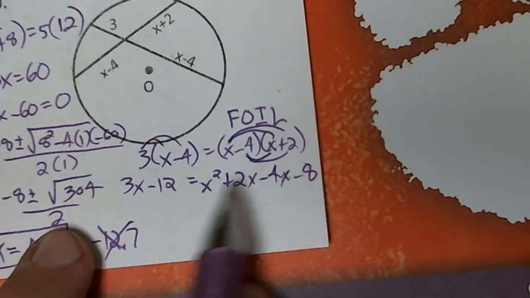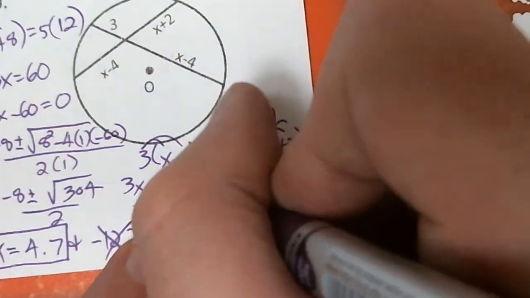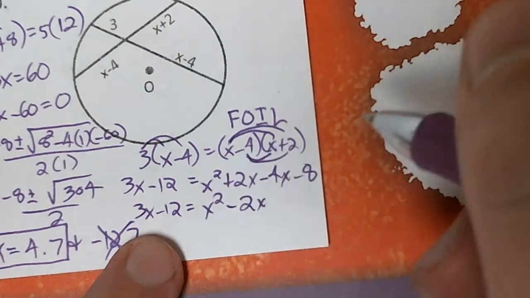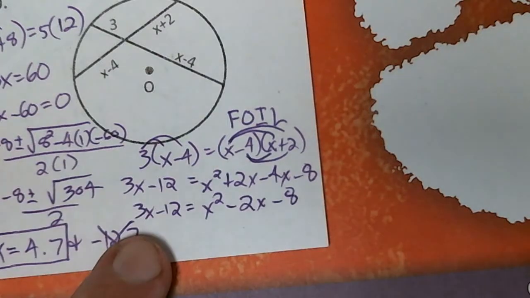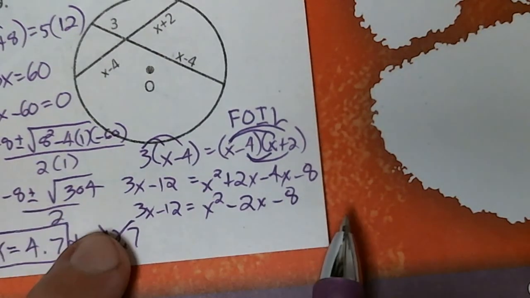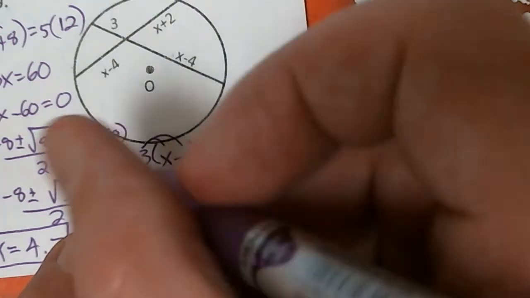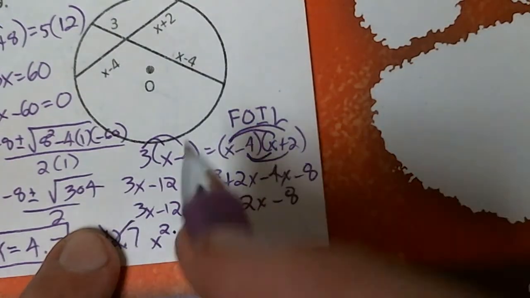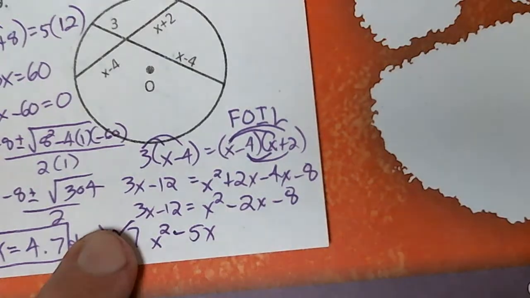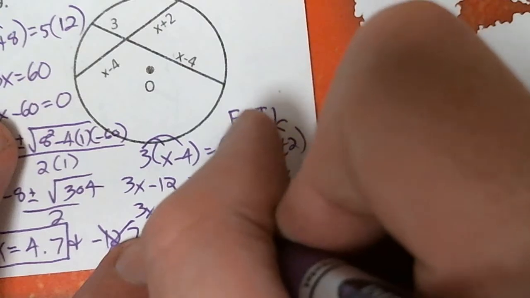Okay, so we got kind of a long equation here. Let's go ahead and simplify our like terms. So I have 3x minus 12 equals, I can combine these. I've got x squared, 2x minus 4x is minus 2x, and then minus 8. All right, so I need to get all this to one side of the equation. So I need to subtract 3x from both sides. I need to add 12 to both sides. So I will have x squared. If I subtract 3x from both sides, it's going to be x squared minus 5x. And if I add 12 to both sides, a positive 12 minus an 8, I'm going to have plus 4